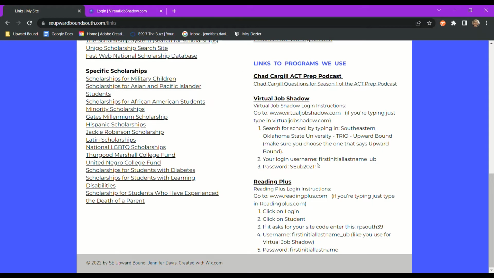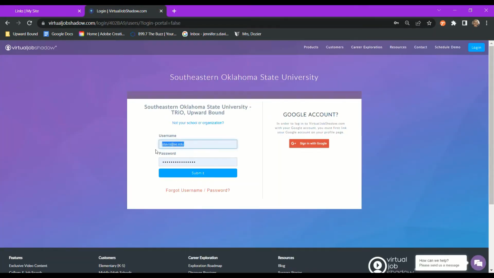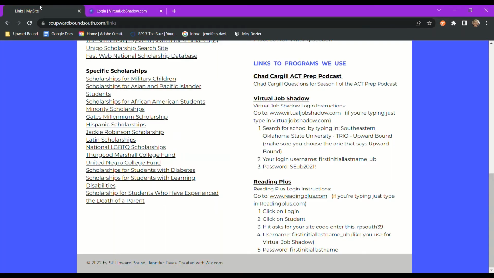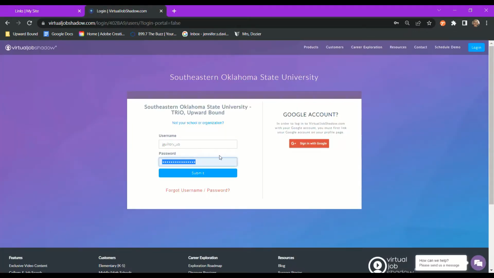next it says your login username is your first initial, last name, _UB. So I'm going to use a student's name here so that you can see how that works. So we're going to use Jashay. So her first initial is J, and then we type in her last name and then _UB. And then the password, it tells you right here, capital SE and lowercase UB 2021! So we're going to type that in here